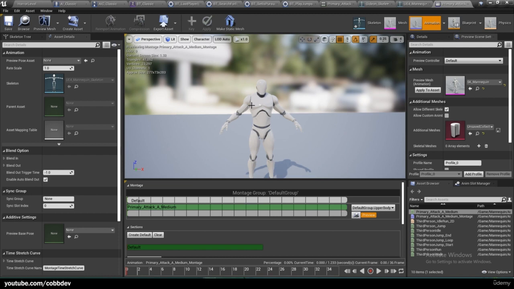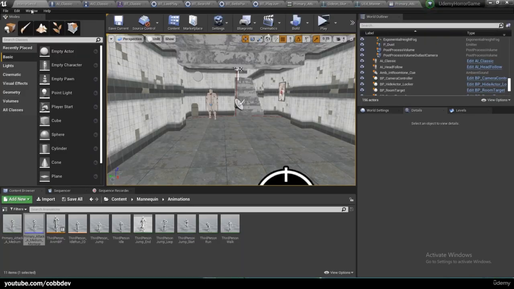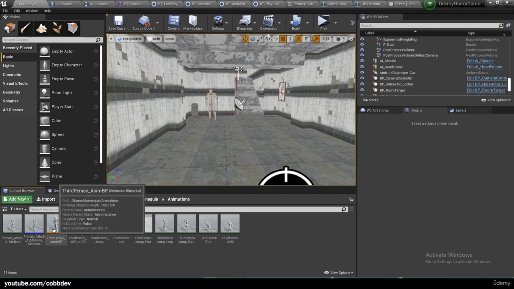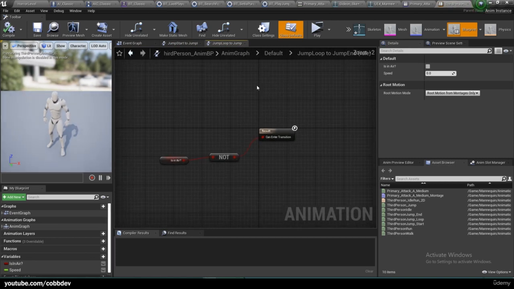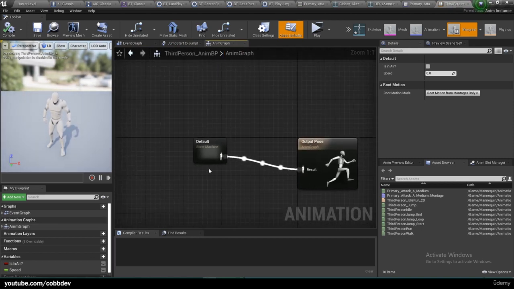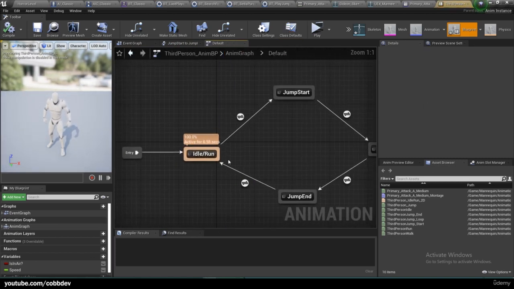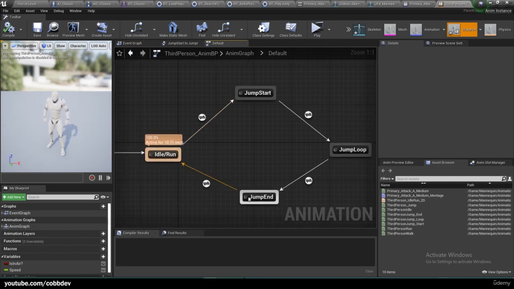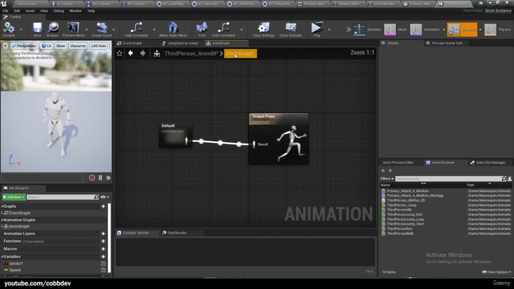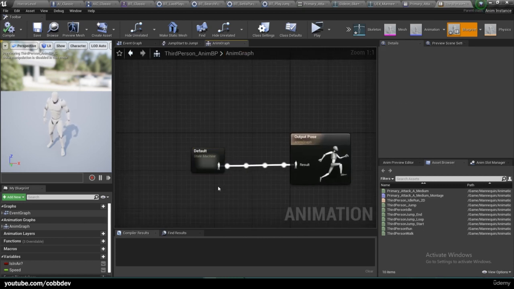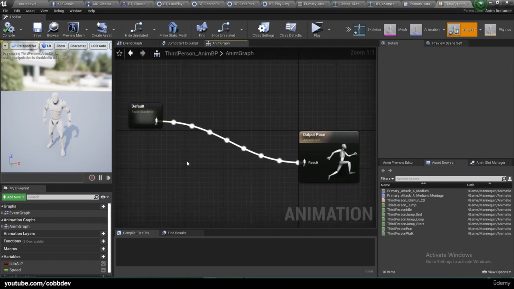All right, so now let's open up our blueprint. So let's go to horror level, and then content, mannequin, animations. We have it right here, third person, anim BP. And by default, it already has a few things. It has this state machine that allows him to go from idling and running, and then a whole part where he jumps. So if we go to the anim graph right there, we need to create a node called